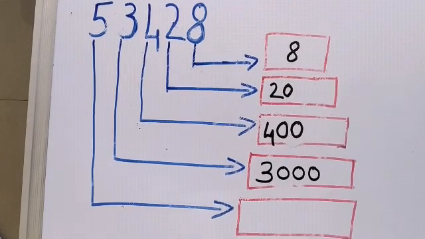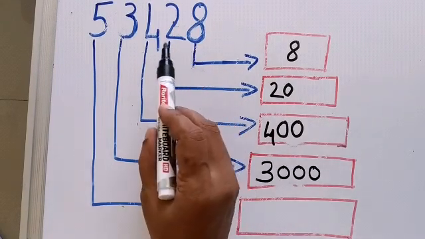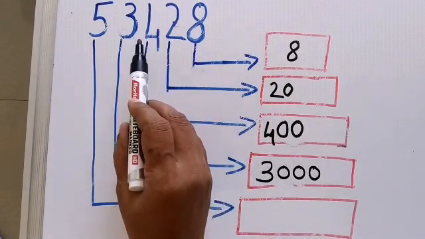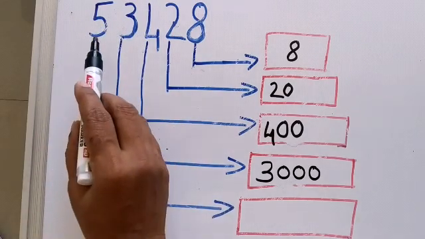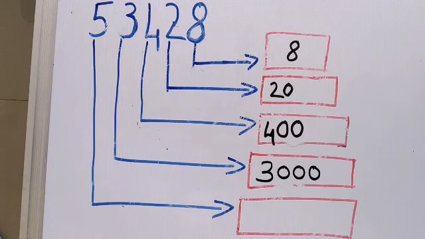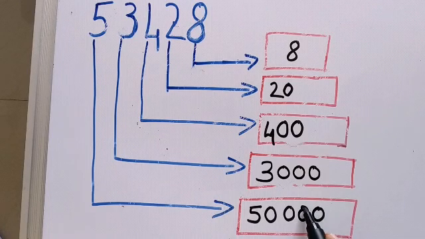Okay? And then we have the final place, that is unit, tens, 100, 1,000, 10,000. So 5 is in which place, children? It is in the 10,000s place. So it means what? We have 5 10,000s. So when we write, how will we write? 5 10,000s is what? How many zeros? 1, 2, 3, 4. That's 50,000. And remember what I told you, at an interval of 3 numbers, we put the comma.